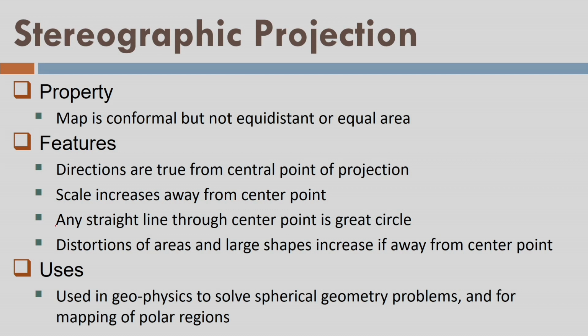Now you can imagine that this stereographic projection is not distorted at the north pole. Why? Because the north pole is completely projected without any error, and as a result I should use it for the polar regions. In case of the south pole, I will put the light on the north pole and project all the light rays from the north pole towards the south pole, and I can plot the map like that.